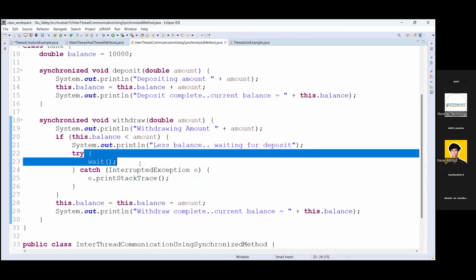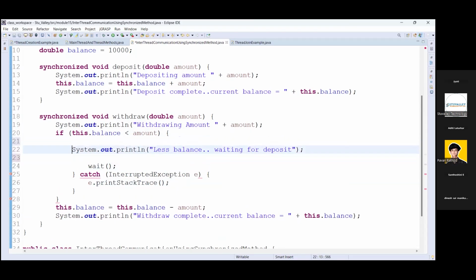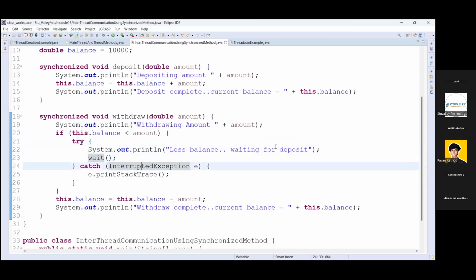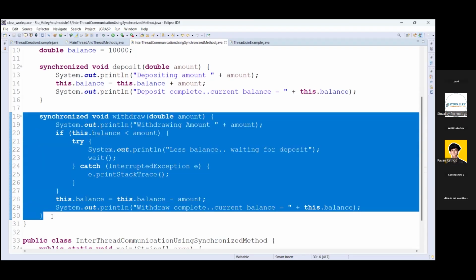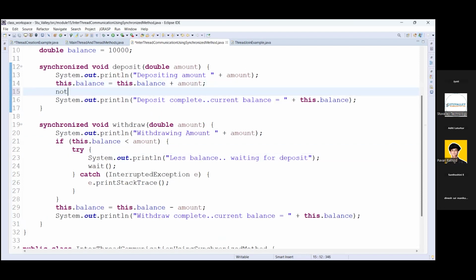So we are waiting. Why are we waiting? We are waiting for the deposit because we have a less balance. So once the balance is deposited, how will this thread know that the balance is already updated and it can withdraw? That's why, to notify all waiting threads, we use the notify method or the notifyAll method.